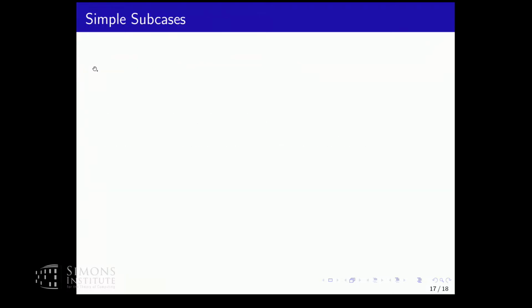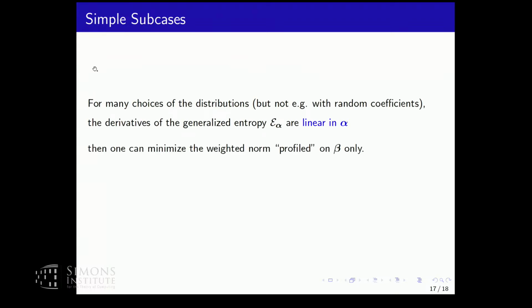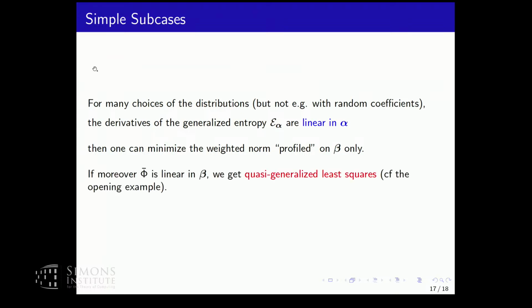All right, so this I already said. Now, again, linear in alpha means you can minimize the weighted norm. And if it's linear in beta, then you get what I gave you before, which was quasi-generalized least squares. So it couldn't really be much simpler. I have a Python package if you want it. And this kind of thing runs in less than 1 second, so much less. Okay? All right, so there are, as I said,